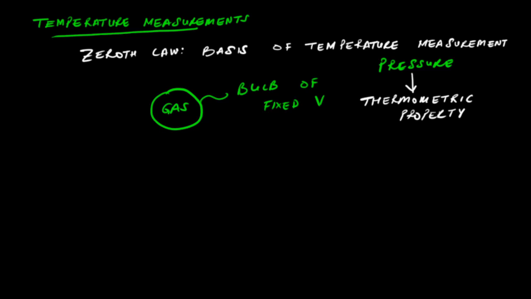And this property, for example pressure as a thermometric property, is used in a thermometer which is called a gas thermometer. Similarly, you can measure temperature by having any different thermometric properties. For example, let's say you have